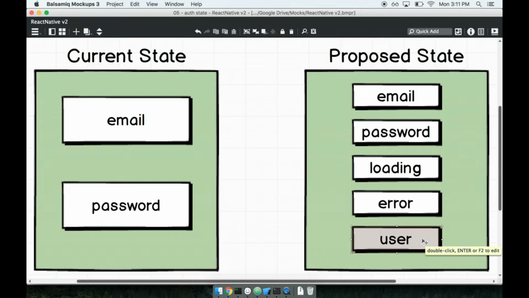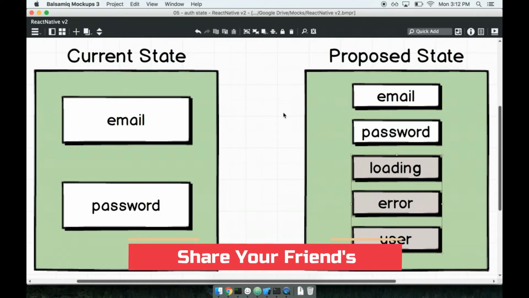So all in all, I am suggesting that we expand the properties that our reducer makes by adding in these last three. Of course, because we want to update our application state, we're going to need to toss in some action creators and types and all that other good stuff to manage these properties, so we can actually change the loading flag, error flag, and user. So now that we know what properties we want to maintain,